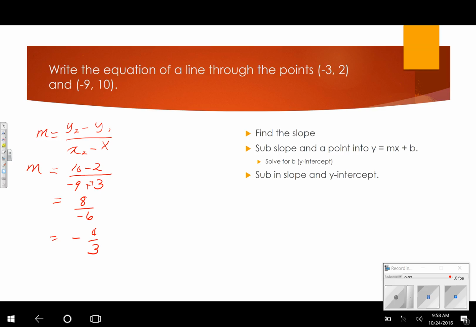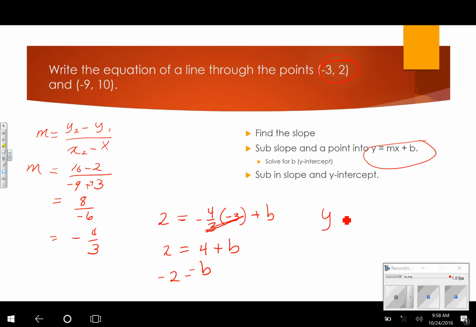And then I'm going to put it into y equals mx plus b. I'm going to take one point and the slope and put it in there. So I'm going to take the first point. My y value is 2, so I'm using this point right here. And that equals the slope, which is negative 4/3, times the x value of negative 3, and then plus b. And then we're going to solve for b. So 2 is going to equal, those are going to cancel, I'm going to get 4 plus b. If I subtract 4, b is equal to negative 2. So my equation, if I substitute in the slope and the y-intercept, is going to be